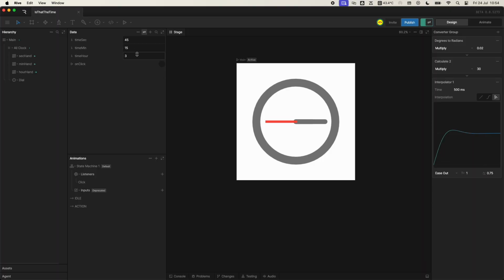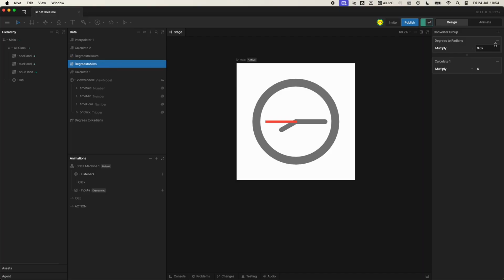So now we jump around. We can reuse that interpolator as well now for the minutes. So now we can plus existing interpolator 1, which is that one. And now when we update the minutes,